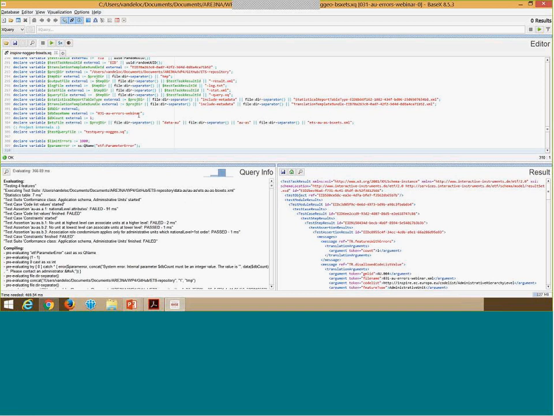On the top, we basically specify to the base X in which repository the files are stored. So here you can see that I'm referring to a folder on my own computer locally where I have the executable test suites stored. You also refer to the data sets that we're testing.